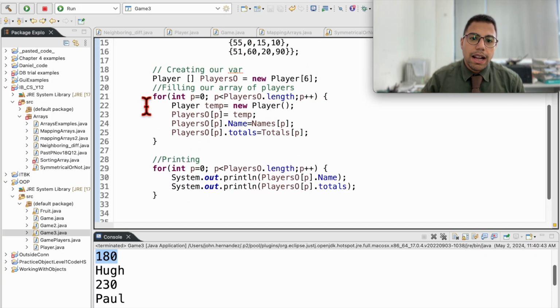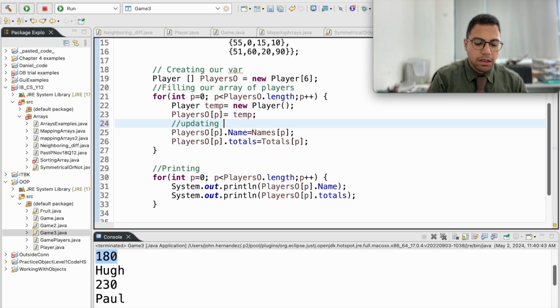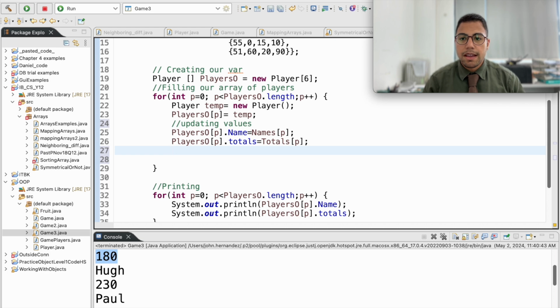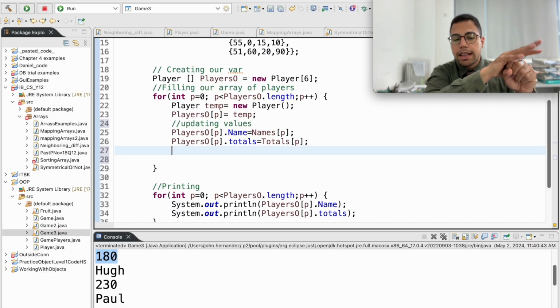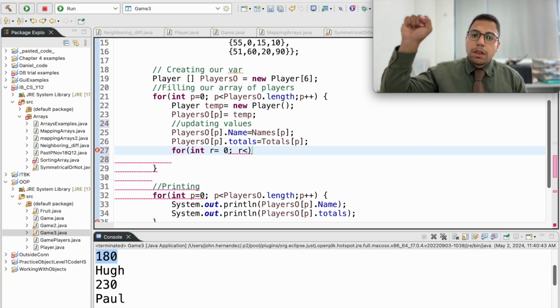So where we are updating the values here, for example, and let me put here, we want to insert the round, right? And round will be, because it's an array that we are trying to copy and save, a for will be needed, right? So we have a for loop now. Let's call it R for rounds, and we'll start at 0, and it only will say 4, right? So we want to go from 0 to 3, but